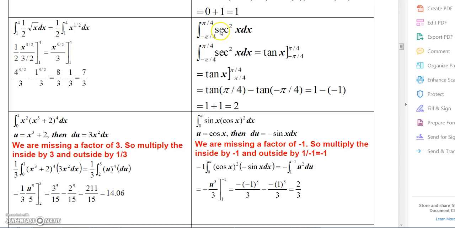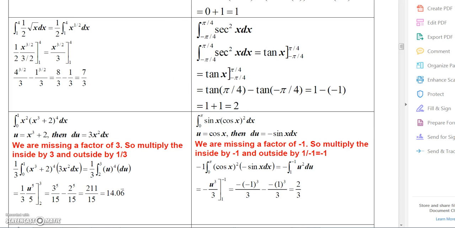And then on this one, we're integrating secant squared x. And you know that when you integrate secant squared x, you're going to get tangent x. And the limits of integration are minus pi over 4 to pi over 4. So what we'll do is we'll evaluate the tangent at pi over 4, and then subtract what we would get when we evaluated at negative pi over 4. Well, the tangent of pi over 4 is 1, and the tangent of minus pi over 4 is negative 1, so we would get 1 here and then minus negative 1, and that's just going to be 1 plus 1,